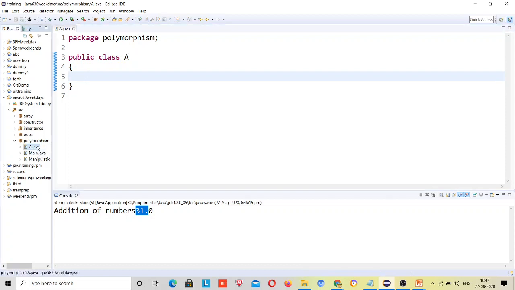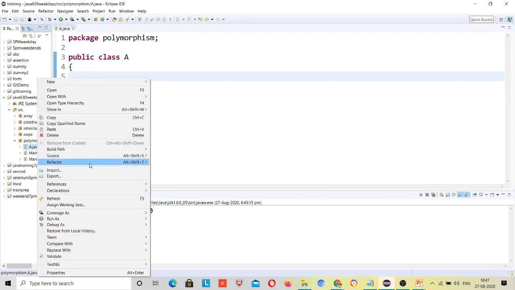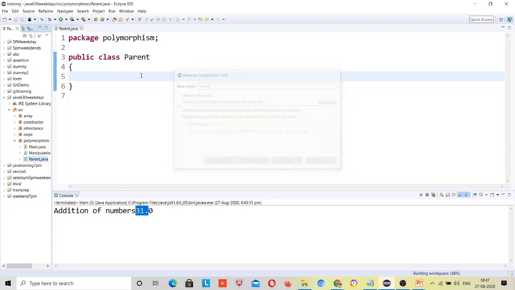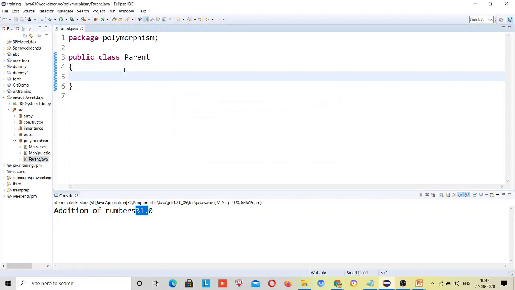Here I will rename this class as parent, so it will be more clear to you. Guys, there is a concept of type promotion. I will give you a URL, just go and watch, search that, so it will be more clear about overloading. But here my aim is to start with Selenium very soon, and this is enough to do that. If you understand overloading, you can start with that.